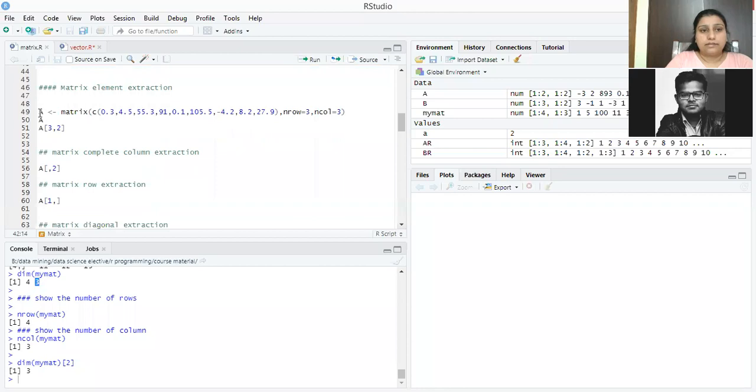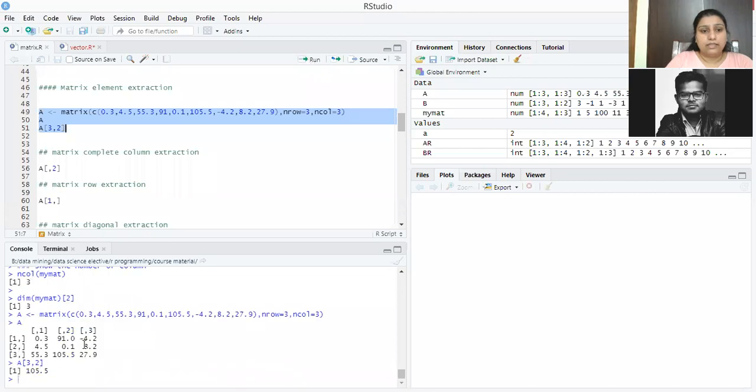This is the matrix extraction. I have created a matrix A and I have to extract a value at 3, 2. So we have the matrix value at the position 3, 2, which is 105.5.